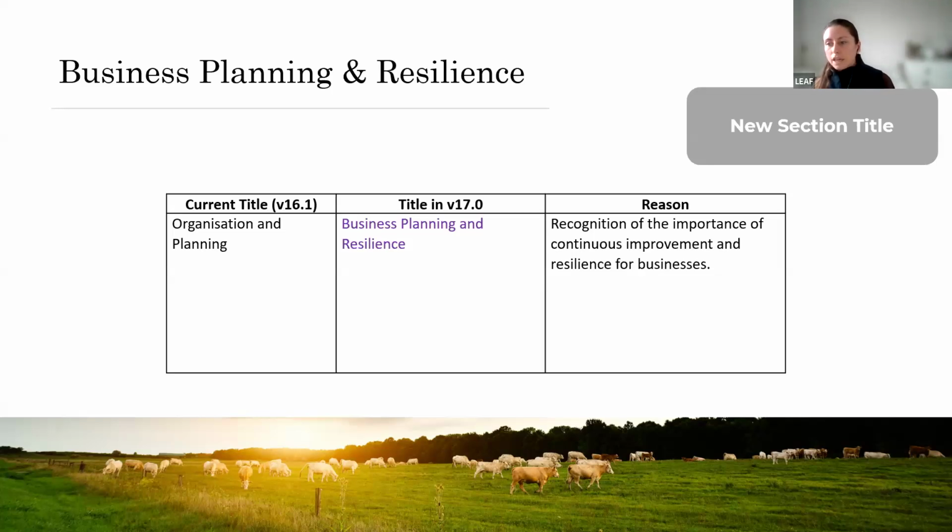The section title change also recognizes the importance of continuous improvement through planning and identifying how to reduce risks to the business in order to become more resilient in facing different shocks and challenges that they might encounter.